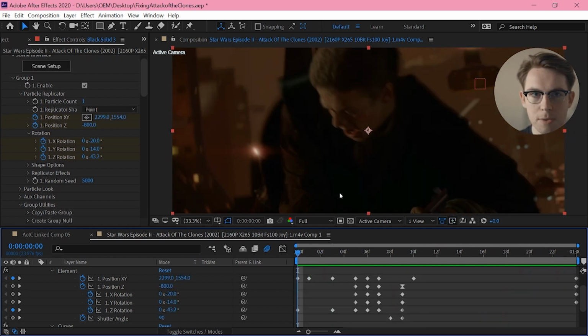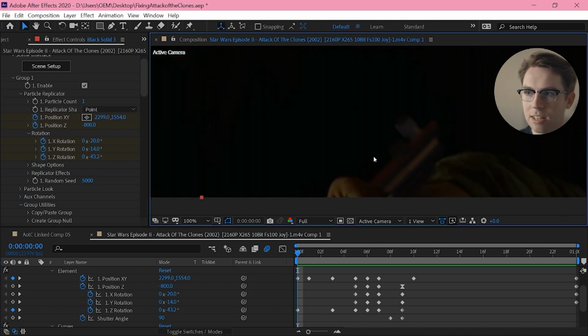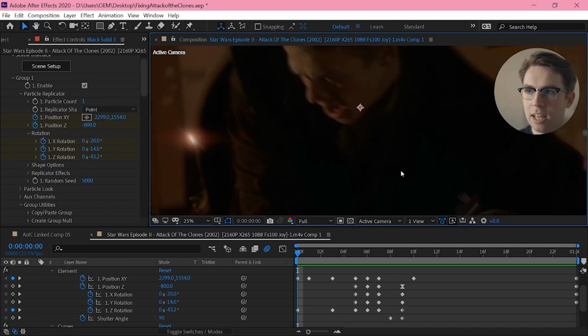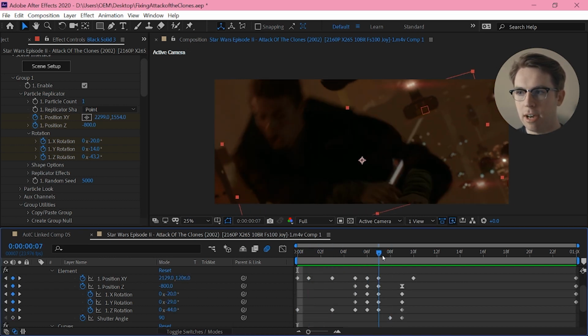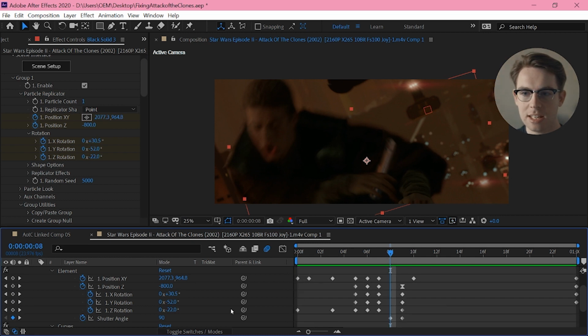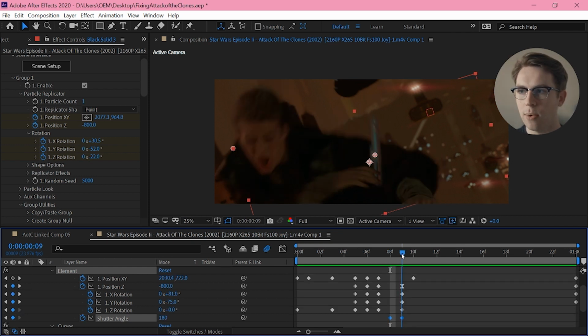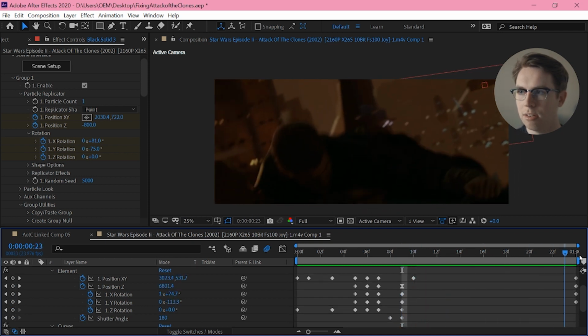I also wanted it to be identifiable as a lightsaber while it's down here, and by default, with the motion that I had on it, it was moving a little too fast to really see the detail. So I've done something a little hacky here, and I've turned the shutter angle down, so it's only having half the motion blur on it that it technically should have. And then once it starts to fly away, I'm cranking that right up to 180 so it looks natural.